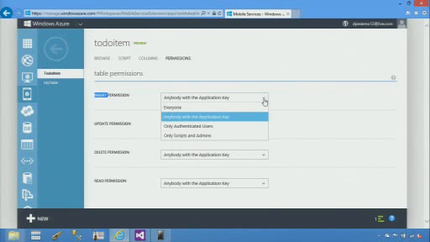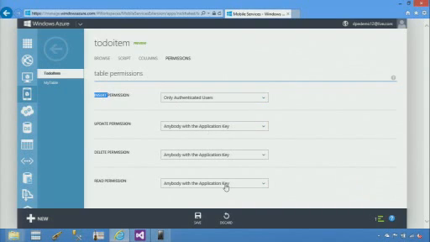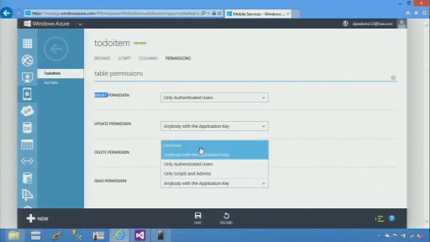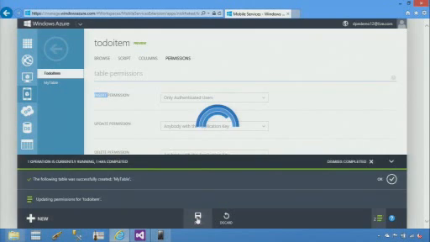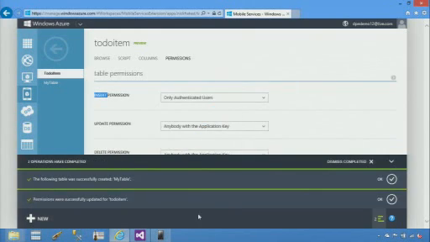So you can see here if I wanted to change my insert operation to require only authenticated users or scripts and admins, I can do that as so. If you wanted everyone to be able to read your data, so if you want it just publicly visible, you can select everyone and hit save. And with that, your table is now locked down on insert, and as far as read's concerned, anyone can read